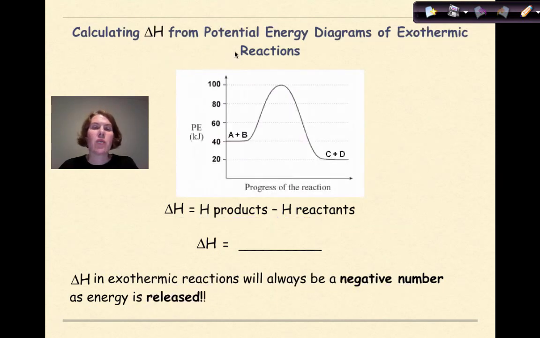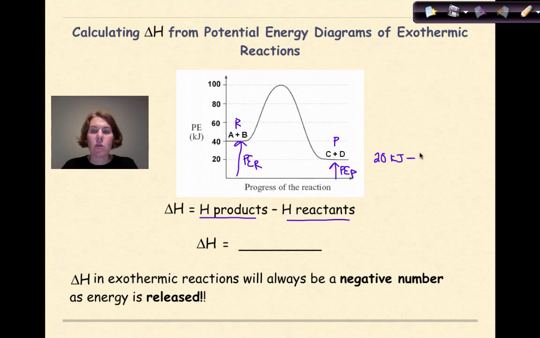Now let's calculate delta H from a potential energy diagram of an exothermic reaction. So we're going to do a very similar type of thing here. We have our reactants right here. We have our products right here. This is the potential energy of our reactants, and this right here is the potential energy of our products. So to figure out the overall delta H, we're going to take the energy of our products minus the energy of our reactants. So if we follow this line across, we see that we have 20 kilojoules minus our reactants,